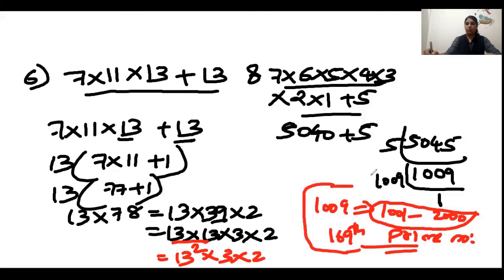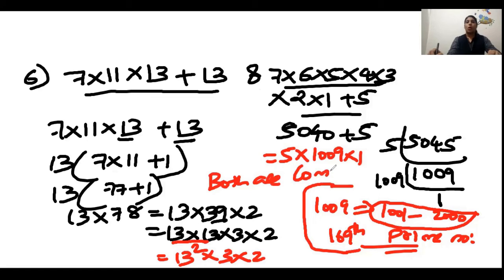Whenever in my video I explain the peculiarities of certain numbers, please note it down. It is very important. By this analysis, what do you understand? This is the factor 5 into 1009, and 1 is also a factor obviously. So here also you can find more than 2 factors other than 1. So we can conclude that both of these are which numbers? Composite numbers.